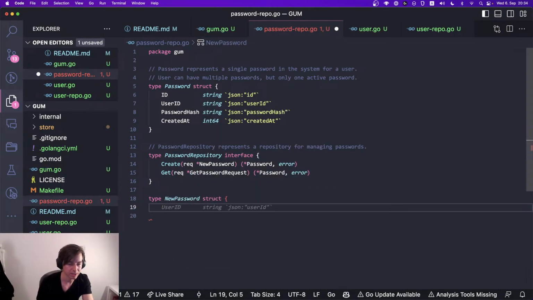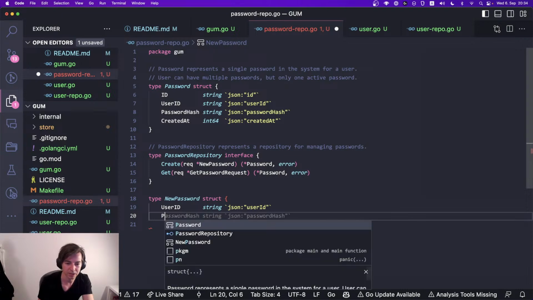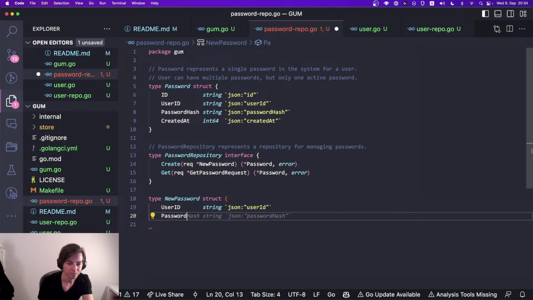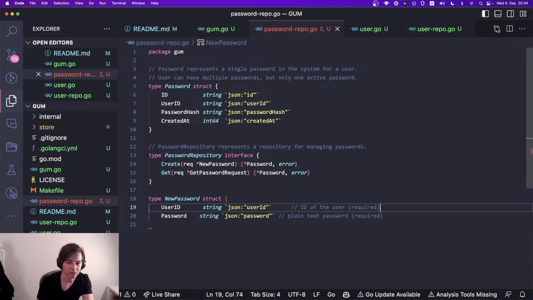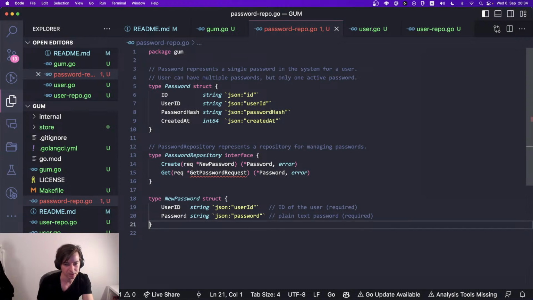New password, same idea as with a password, new password. So here will be a password as a plain text password, and this is also required because, yeah, maybe the logic of hashing and salting makes sense here. Okay, then